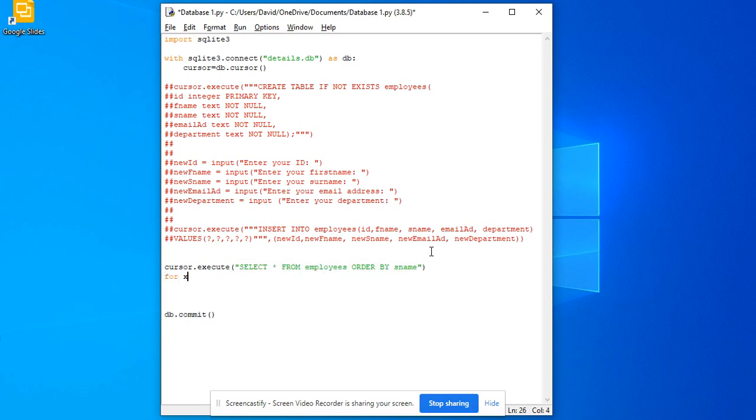and then for X in cursor.fetchall, print X. So all I'm doing is a quick for loop which is going to fetch all of the contents from a particular table. Now if I run this,